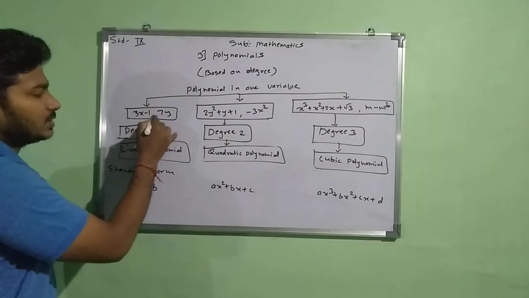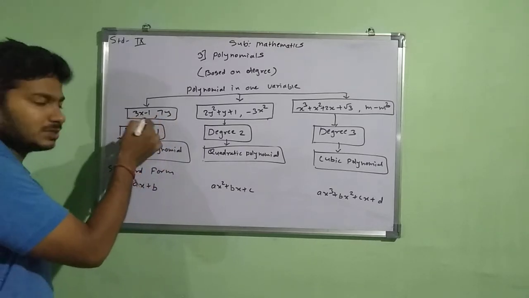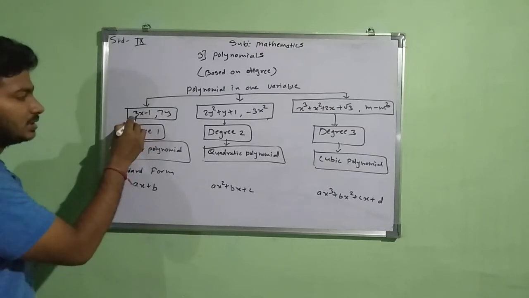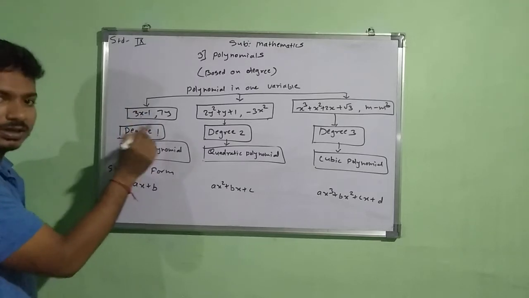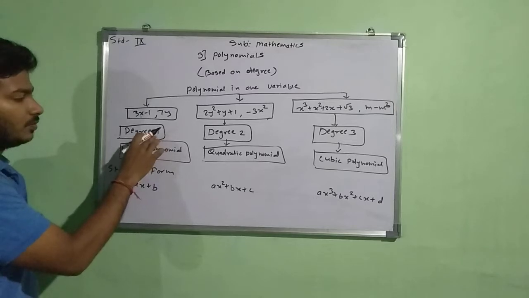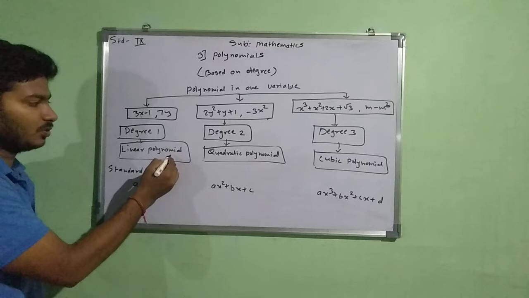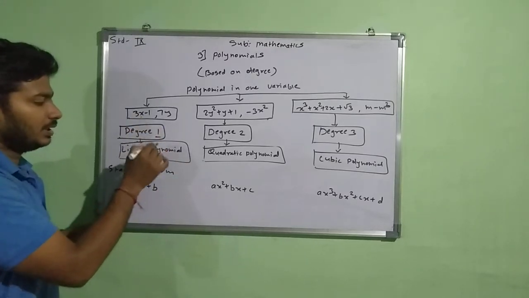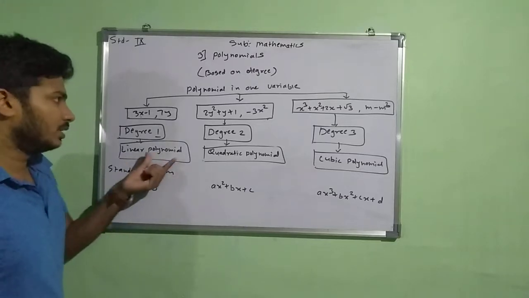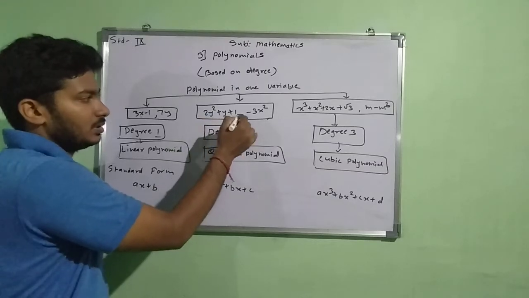Here I have written 3x minus 1 and 7y. So if you carefully look at that example, the degree, that means highest power of variable. In the first example, if you see 3x minus 1, so variable is x and the highest power of that variable x is 1. So that means degree we will get as a 1. So if we are getting degree as a 1 of polynomial, on that time that polynomial is called as a linear polynomial. Okay? Based on the degree, if the degree of the polynomial is 1, then it is called as a linear polynomial.